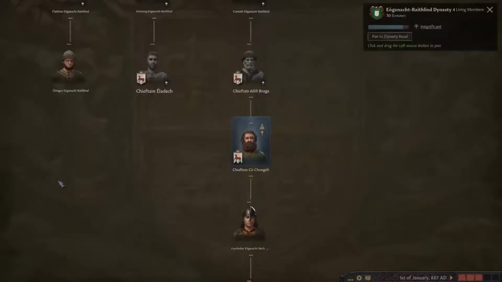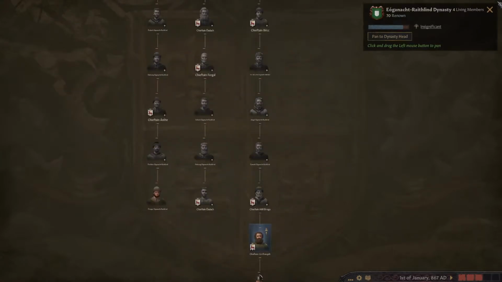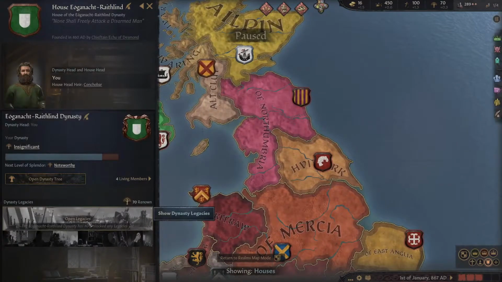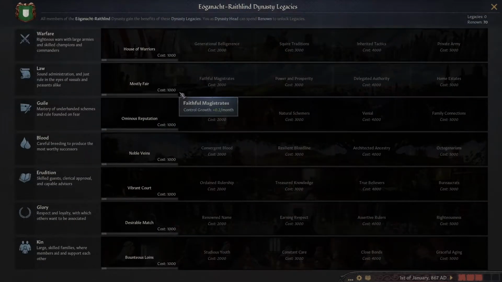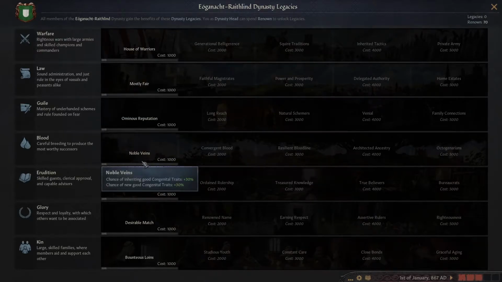And this is what I was talking about. Oops. I went to the family tree, which is interesting, but not what we're looking at here. We want to look at legacies. Legacies is a talent tree that is based on your prestige, your renown. Sorry, not your prestige, but your dynasty's renown. And then once you get enough points, you can buy one of these, and they give different benefits, such as inheriting good congenital traits like genius or intelligent, and not inheriting bad ones, such as